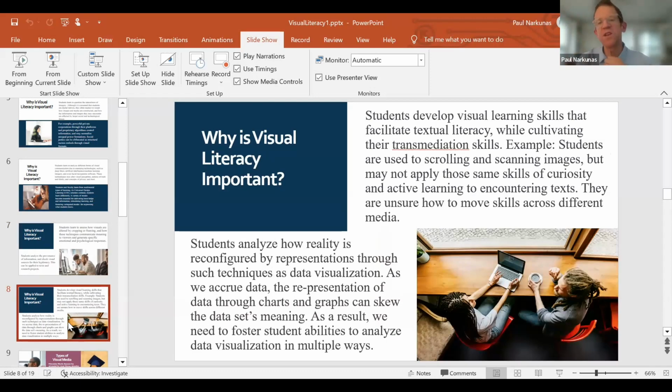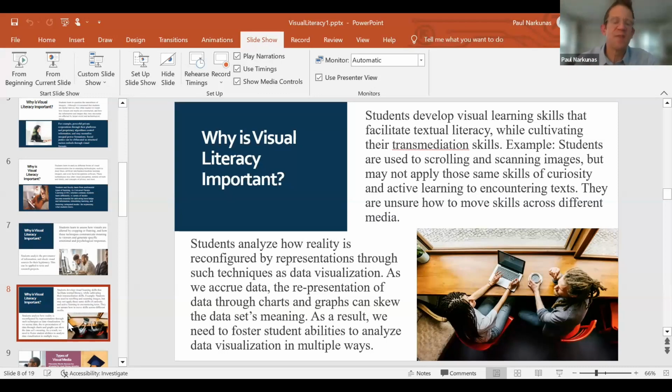They may spend hours on YouTube going through various videos, but they would not necessarily spend that same amount of time trying to find a good source for something that you've assigned for your class. And yet it's a way in which we can make connections between this work they're doing and what they should be doing in college, and that's going to help them for workplace success and so forth.